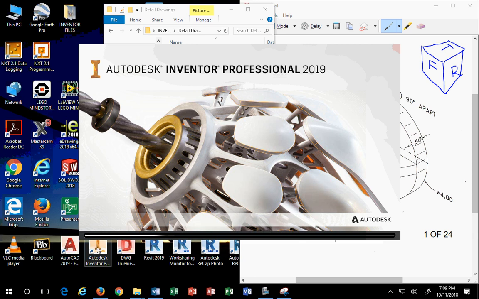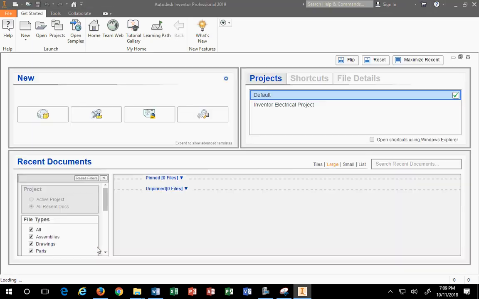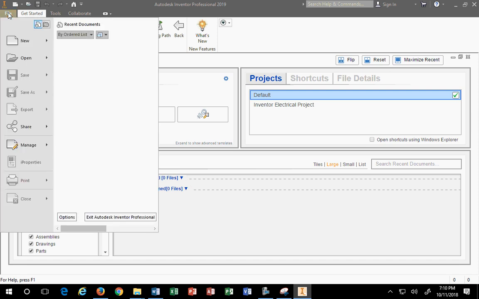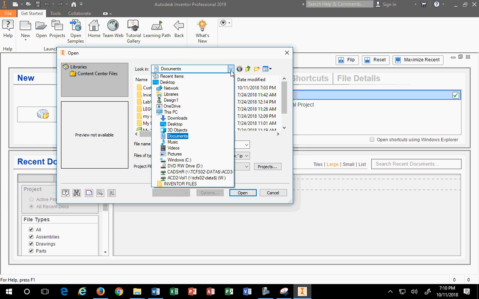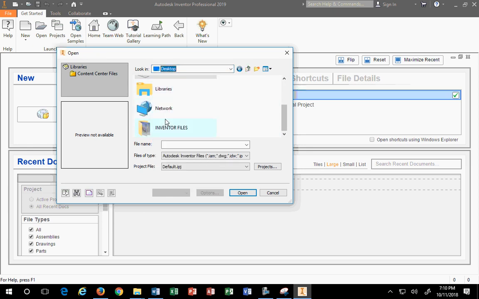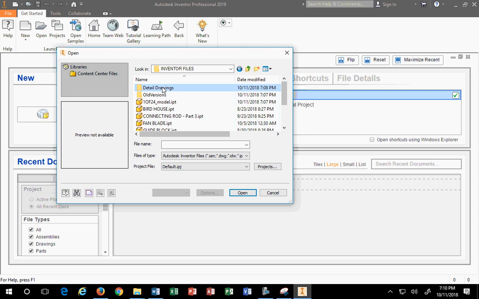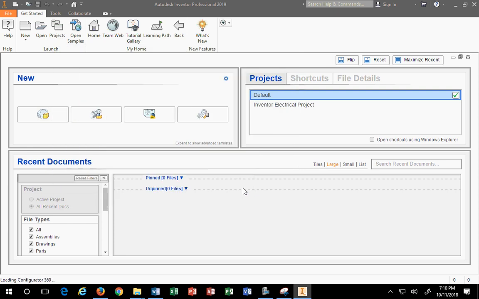So I open up Inventor. Let's see what happens. As soon as it opens, it looks like it's Windows 10, but it's not. It's going off to the network to download its license. So that's why it takes a little longer. So if I go to File and Open, and I go to where I'm saving this, which is Desktop, Detail Drawing Part 1 of 24, and I hit Open,